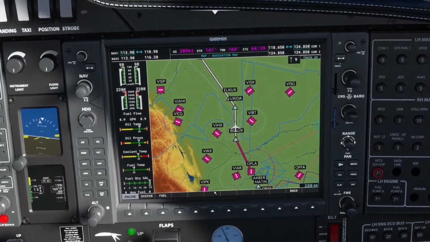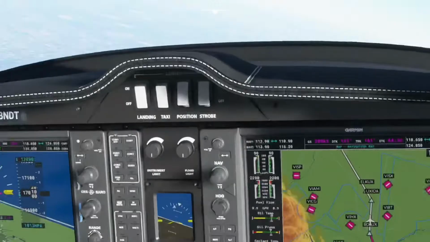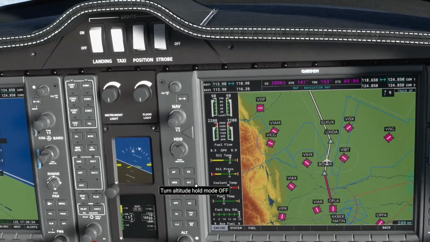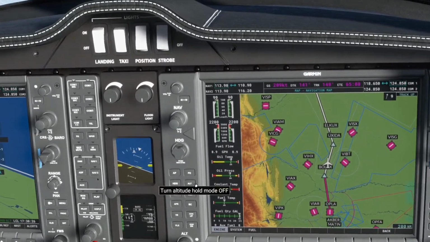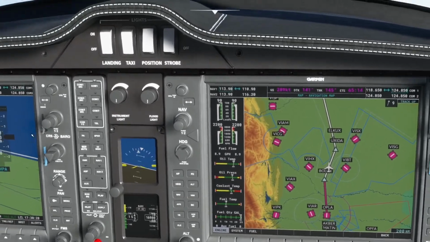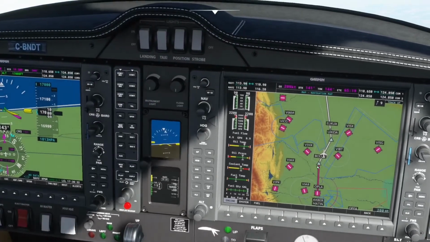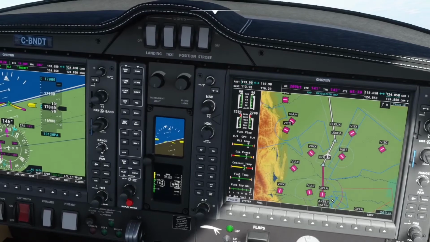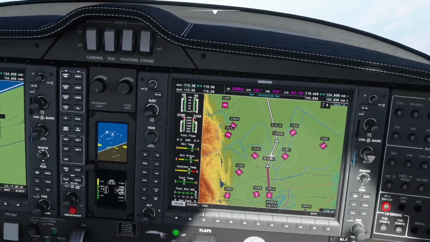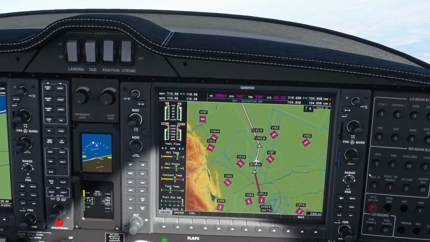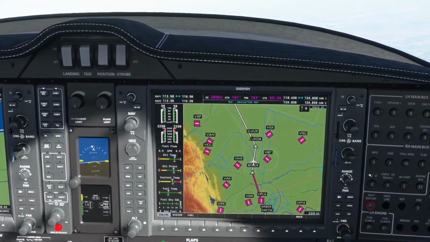And sometimes our GPS does funny things to us. What's it doing? So I'm going to go to heading mode. In fact, I don't know why it cycles sometimes like that, but anyway, we're going to go back direct to Zeta. So if I go to the GPS,